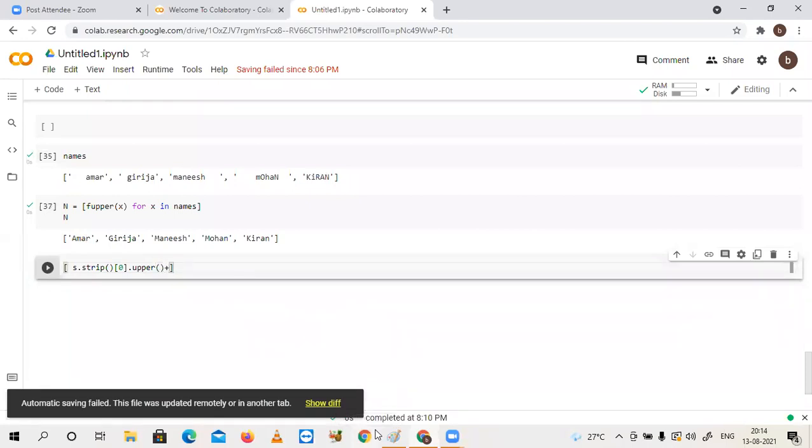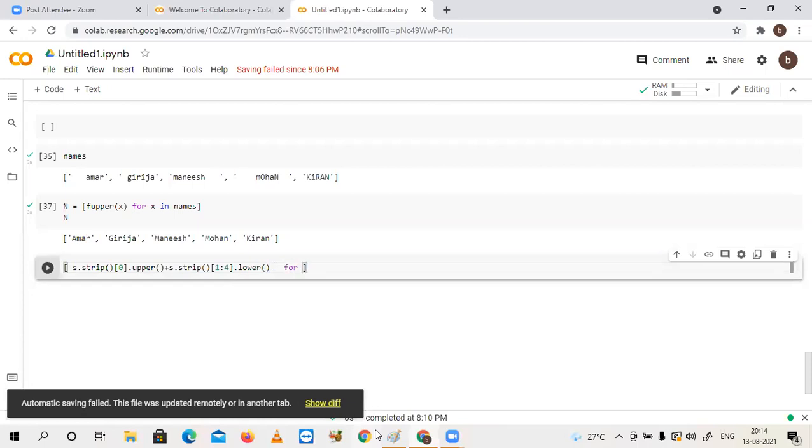Again plus, s.strip() and take the remaining characters, then convert all of the remaining into lower. This entire thing is one big expression.